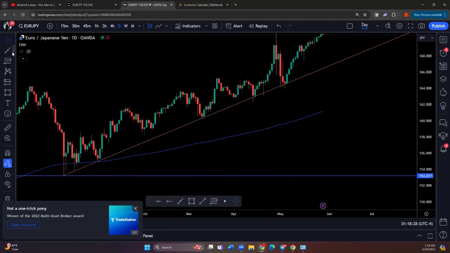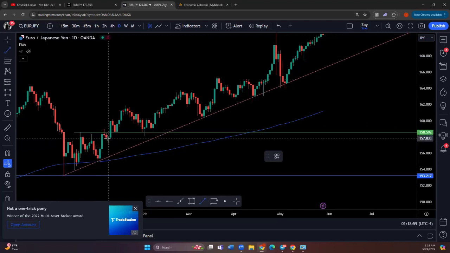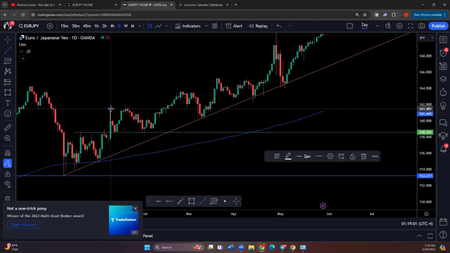But check this out. These boxes represent support and resistance, okay? I'm not gonna do it on the wicks, I'm gonna do it at the bodies. Actually, I'm gonna do it at the wick. So we have a low, which I already have here. Then we have a high. Boom. I want y'all to see something. We have a low, which is the support. We have a high, which is the resistance. The market broke above the resistance. And what did we say happens when we throw a ball in the air and let it hit the floor? What happens?